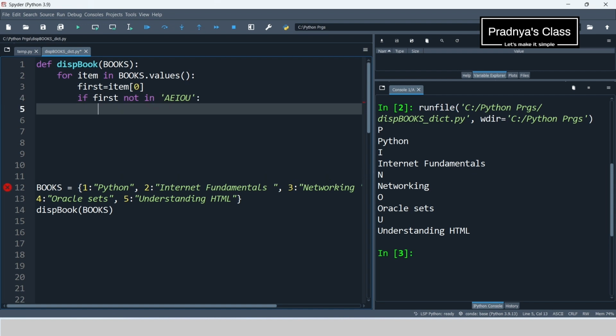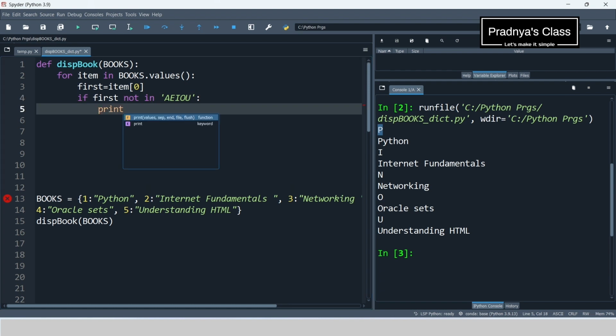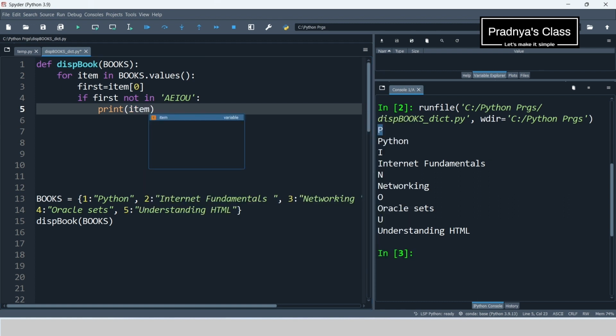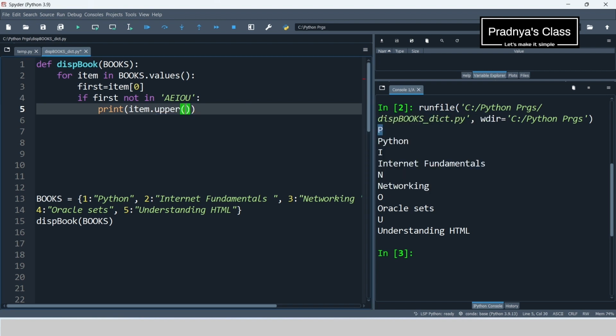Hope you got this condition. First of all we will be getting P. It will check that P is not in A, E, I, O, U. If it is not in A, E, I, O, U, we have to print that book name. And while printing we have to convert it to uppercase. The complete book name we are getting in the item variable, that we will be converting to uppercase.